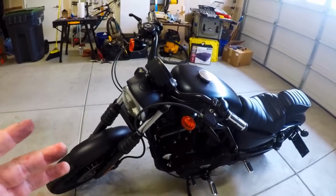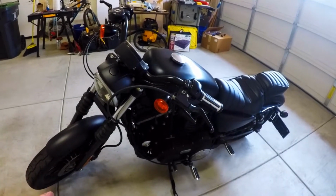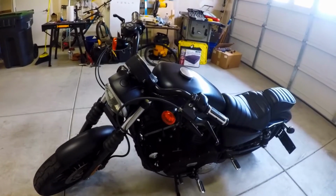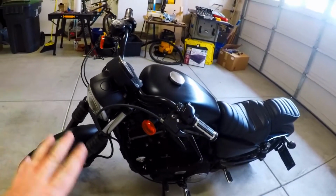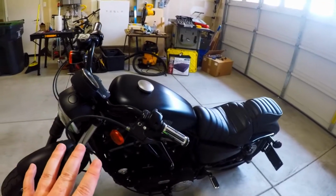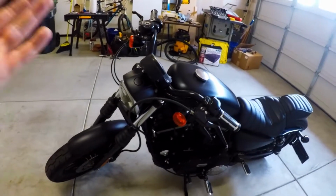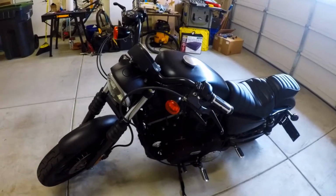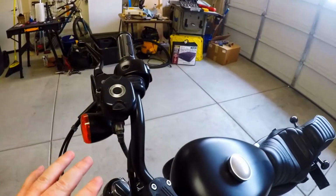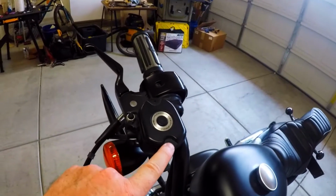A lot of mechanics don't even use the torque specs. I do think they are important, but unfortunately we don't really have enough good documentation to be confident, in my opinion, as to where they all are and how much is needed. In fact, a lot of the newer bikes don't even have torque specs. So take that as you will, but checking, it says all the critical fasteners, even small ones like up here